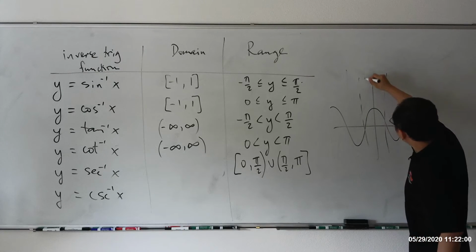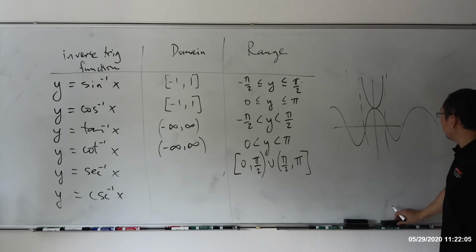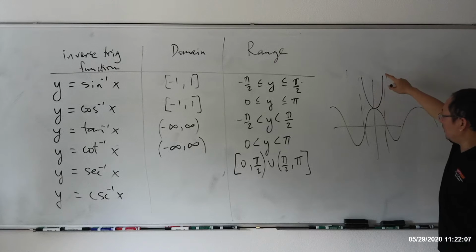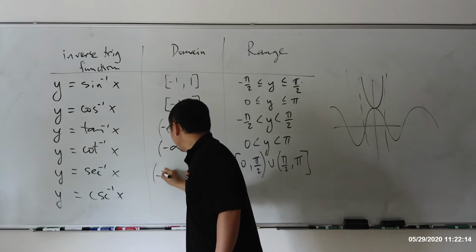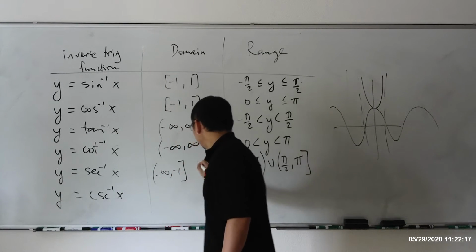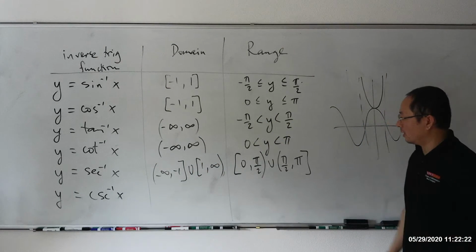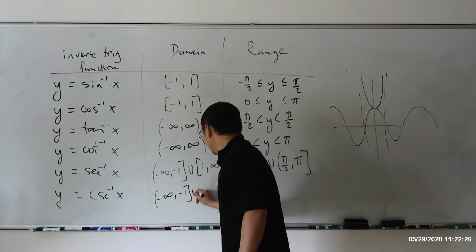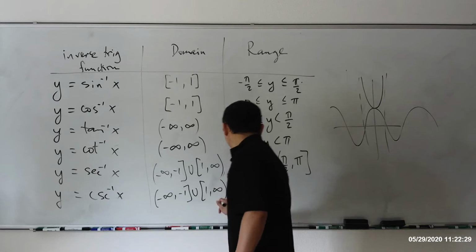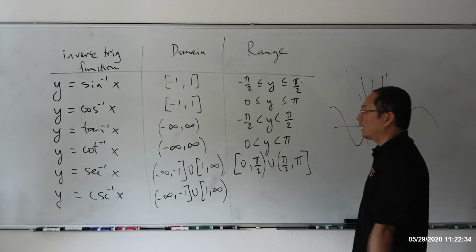Okay. And now this part is the secant, okay? So x is from where? From 1 to infinity. I'm sorry, y from 1 to infinity, now it's x. So it's going to be what? Negative infinity to negative 1, then union 1 to infinity. Okay? To change the roles of x and y. And same thing here. Negative infinity to negative 1, union 1 to infinity. And the range for cosecant is 1 over sine, so sine cannot be equal to 0